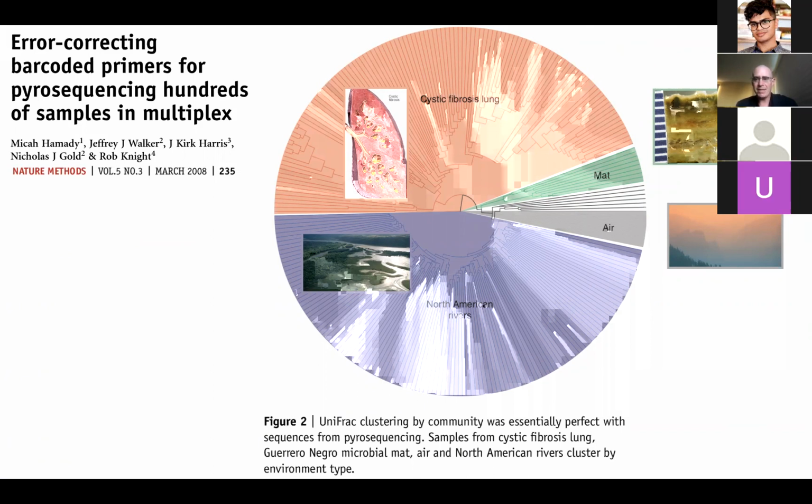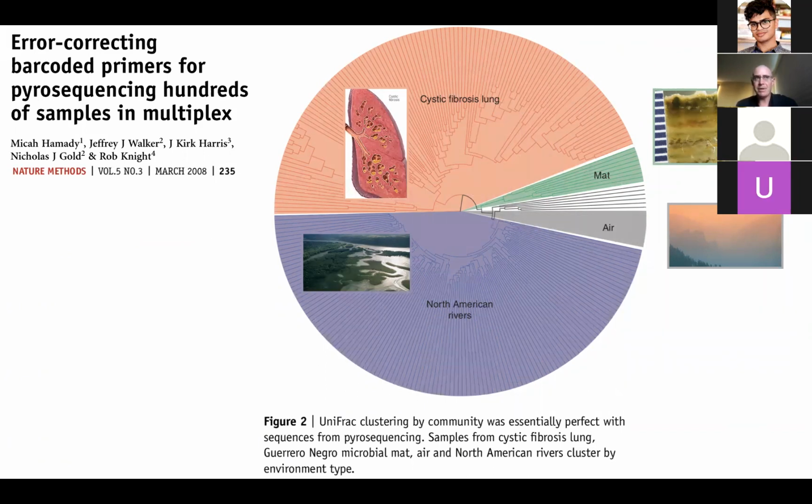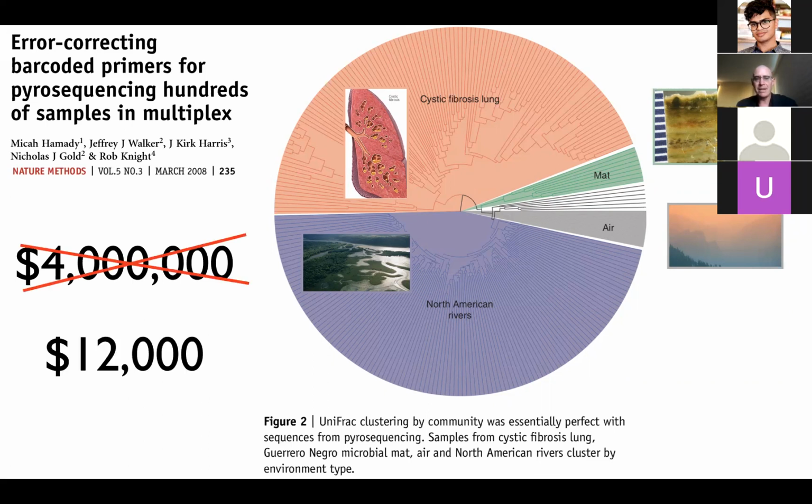And at the time, the Sanger facility down the hall from my lab in Boulder was still charging $8 per sequence to do sequencing of DNA. So if we'd collected these 500,000 sequences with the old technology, it would have cost $4 million. But on the then new technology in 2007, we did it for just $12,000, and we did it overnight rather than over a decade.